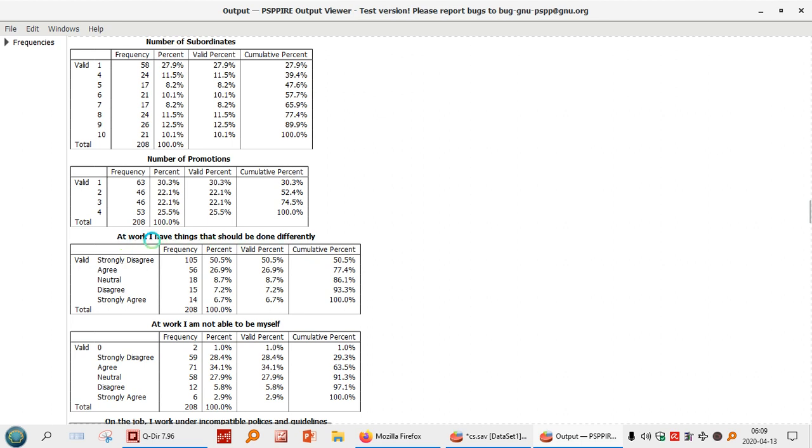That's it. So from here, this is what my conflict scale items are. So at work, I have things that should be done differently. That is the first item in my work conflict scale. The responses are 50% strongly disagreed, 6% strongly agreed. So you can see more respondents are tilted towards disagree, strongly disagree. So what I'll do,